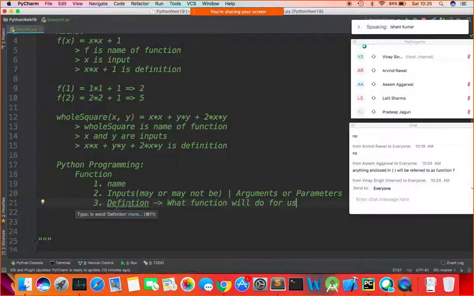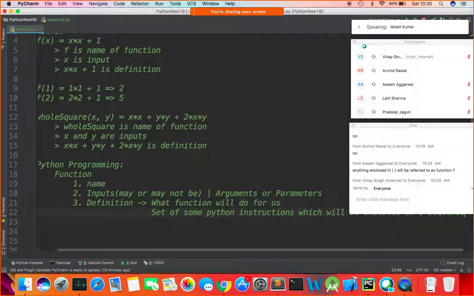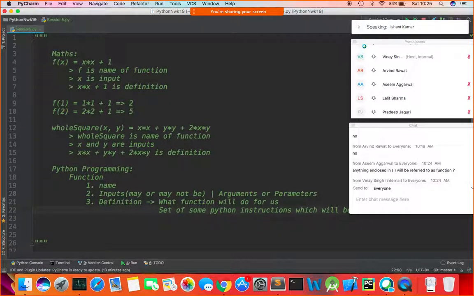This definition is going to be a set of Python instructions which will be executed in a sequence. So we are going to execute this set of Python instructions in a sequence. They will not be executed randomly, but one by one. Number 4